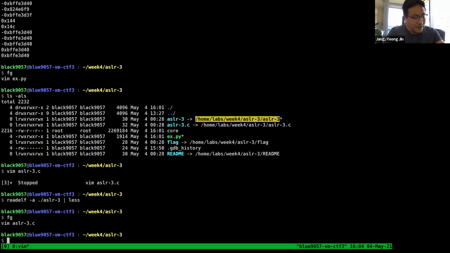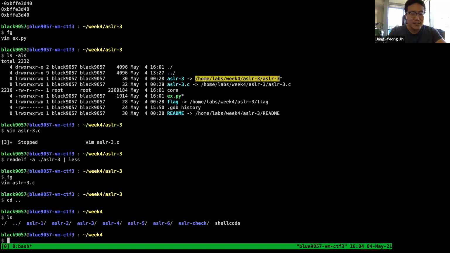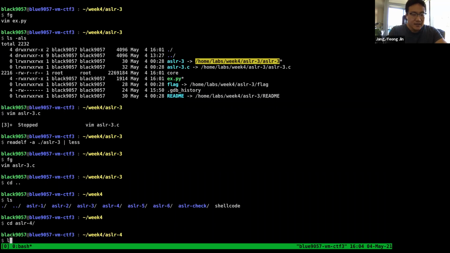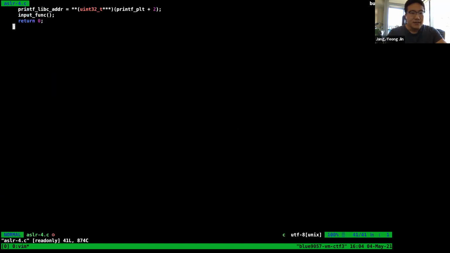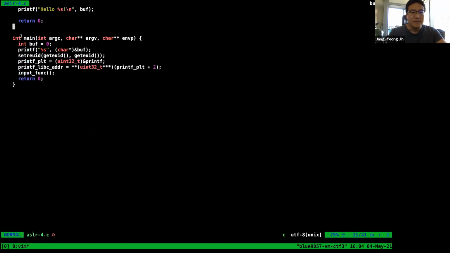And then we are at like a 404. So I will give a quick overview on how you can solve aslr-4, and then give a little hint about aslr-5 and 6. So for aslr-4, what this is doing is in the main function, it runs a set